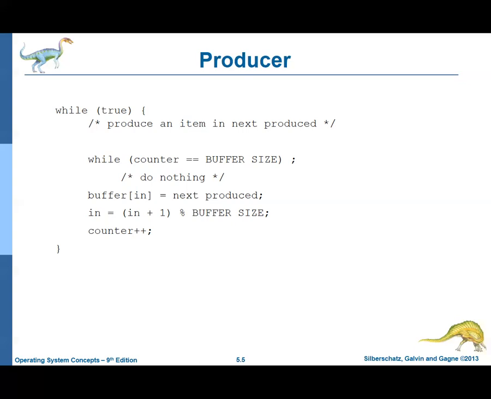So next time I come, if counter is at buffer size, that means he only ate 1. I managed to get 1 more donut in, and then I went to the next place, and now counter again is buffer size, so he only ate 1. So now I'm going to wait here, wait here, wait here. Now all of a sudden he eats 5. I'm going to put a donut into in, right? Whatever I produce next, I'm going to put here, and then I'm going to increment, and counter is going to go up. Why does counter go up? Because that's the count of how many I have.